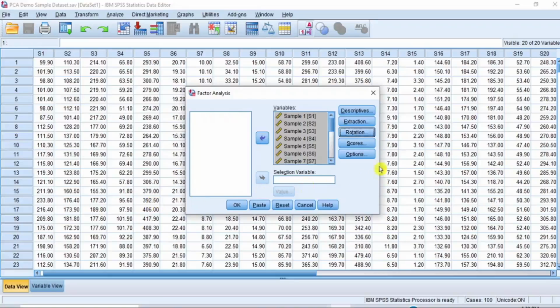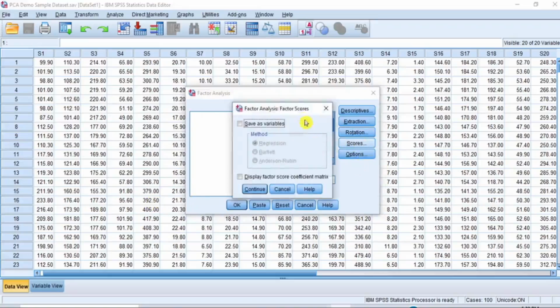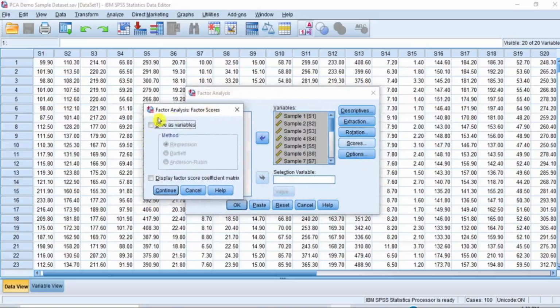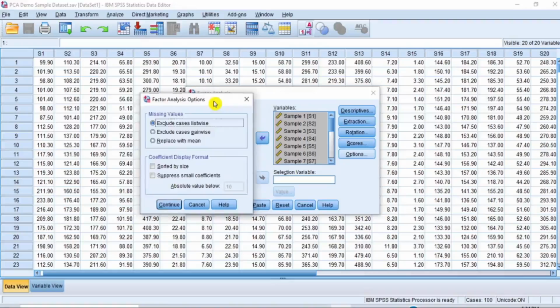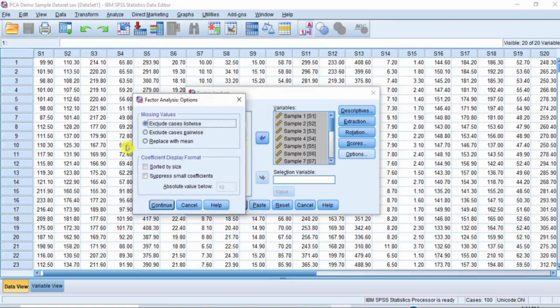Now, to save the factor scores to your dataset, click the button for Scores, and in the dialog box that opens, check the box for Save as variables and leave the default method as Regression. Click Continue to close this dialog box. Finally, click the button for Options to open the Factor Analysis Options dialog box. This Options dialog box gives you the right to decide how to handle any missing values in your dataset,